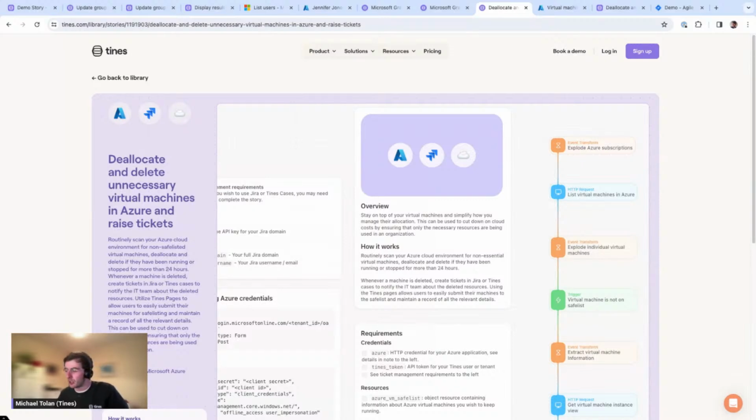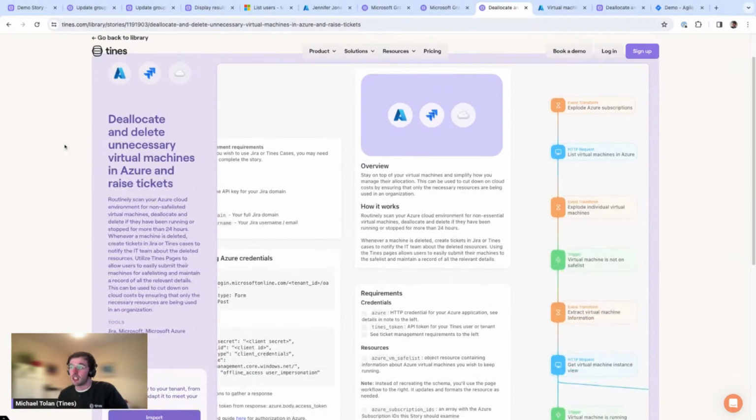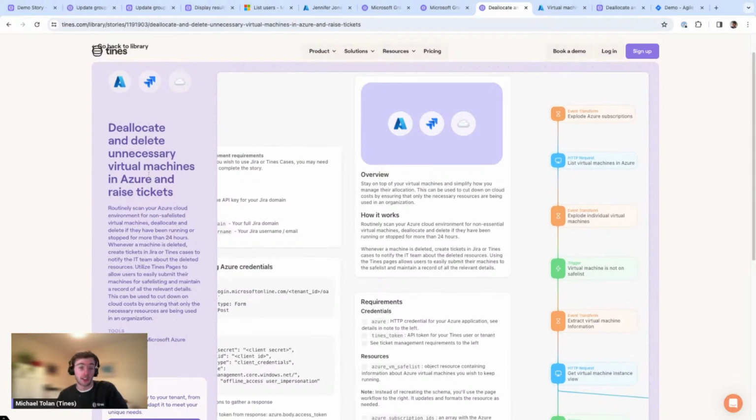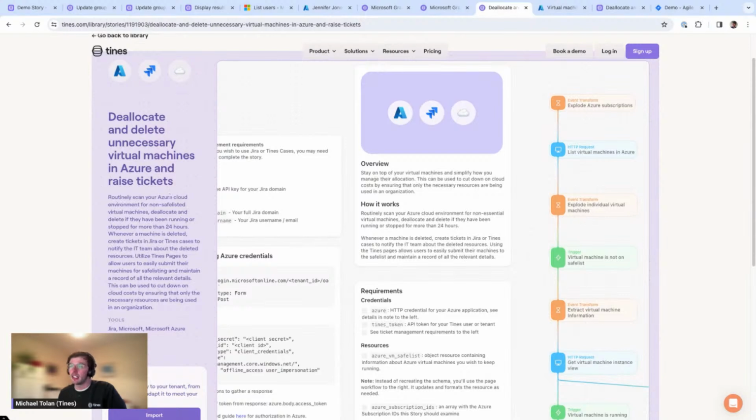I think anyone who's set up an Azure or AWS or any other environment knows the costs of leaving virtual machines running for an extended period of time, and then also the security implications, especially if you have unprotected inbound ports. What this story will do, that we can see here, is that it routinely scans your Azure cloud environment,